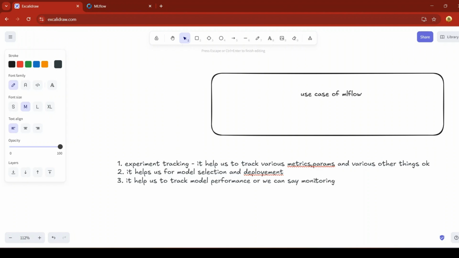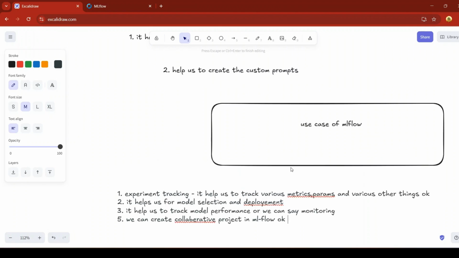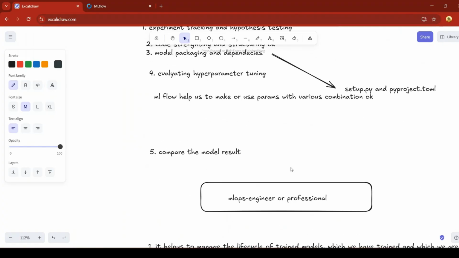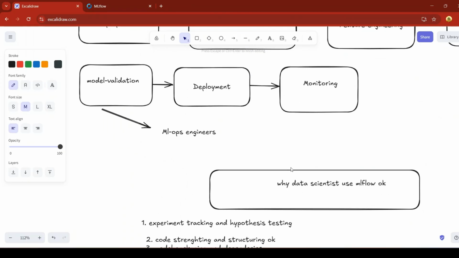Okay, and the last important point is we can create a collaborative project in MLflow. Okay, so this was the theoretical knowledge about MLflow. Now in the next part we will understand and do the practical. Okay,